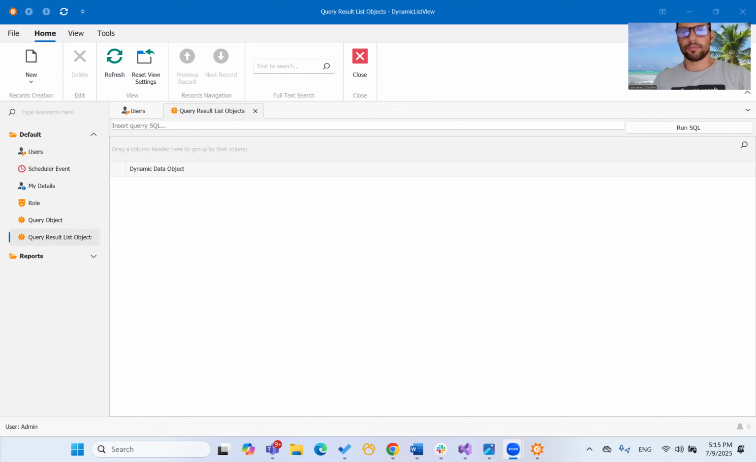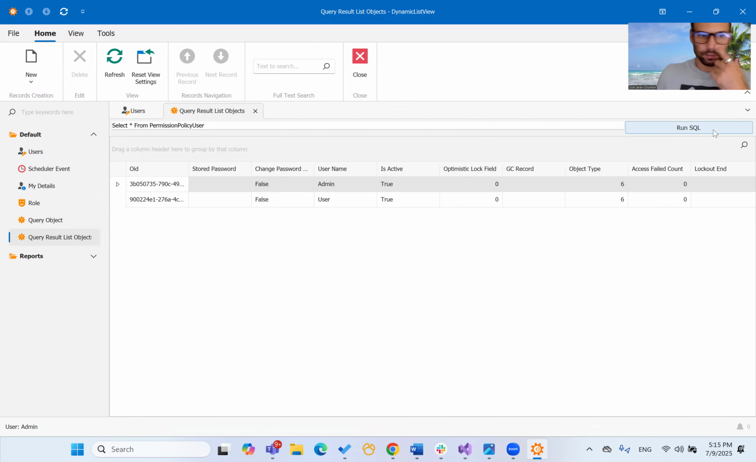We have this example in XAF Blazor, so I got a request to see it on Windows. Basically, as we remember, it's a dynamic list view where we can, in this case, run a query. We can run it, and you see that right away the grid populates the columns and the data. We can do the same thing